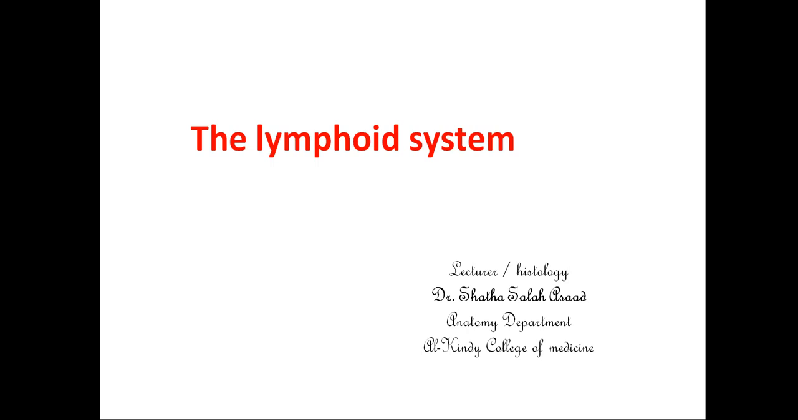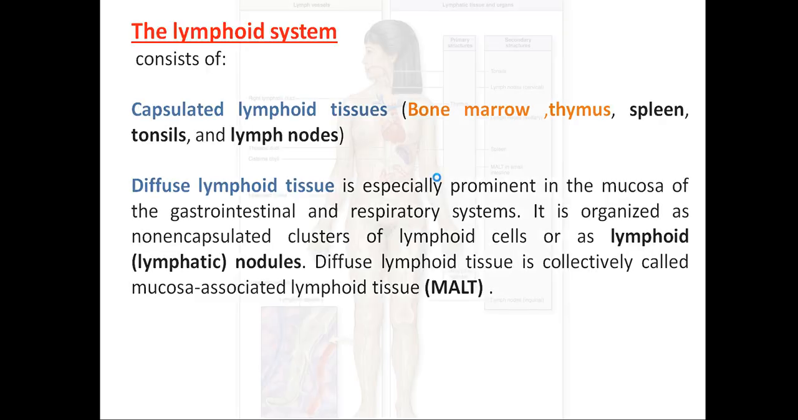Dear students, the second lab in hemopoietic and lymphoid module is the lymphoid system. The lymphoid system consists of capsulated lymphoid tissue and encapsulated, or diffuse, lymphoid tissue. The capsulated lymphoid tissue means that the organ is surrounded by a capsule, as in bone marrow, thymus, spleen, tonsil, and